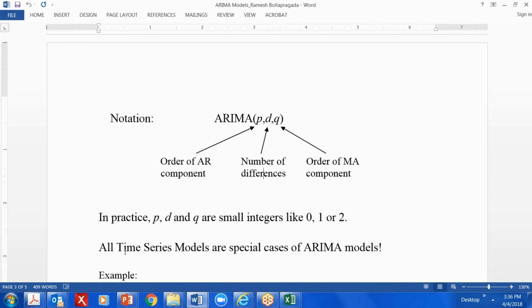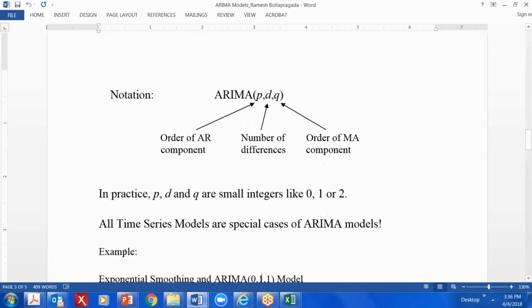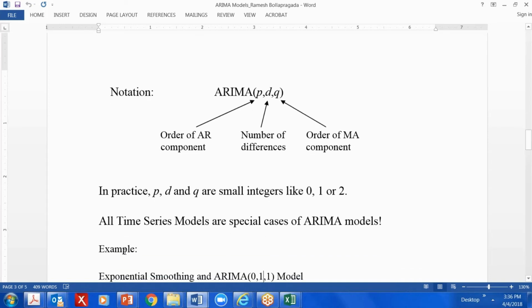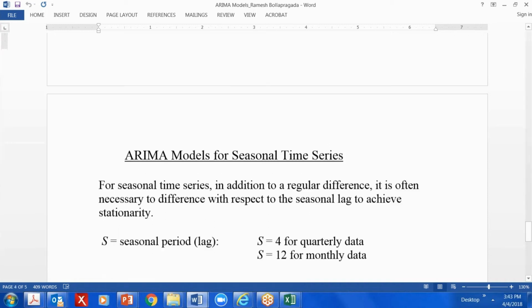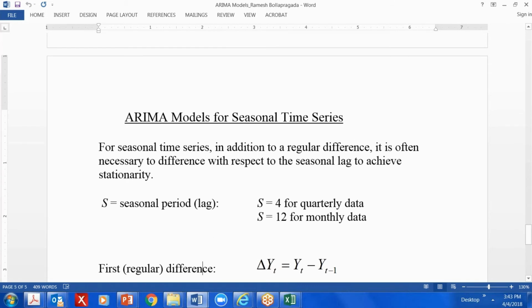In other words, till how many error terms you want to go, right? For the most part, the good news is that the values of p, d, q don't go very far. You don't get p, d, q equal to 10 or 15 like that. More like up to 4 or 5 max. That's why we talked about ARIMA models for stationary and non-stationary series for non-seasonal, when you don't have seasonality.